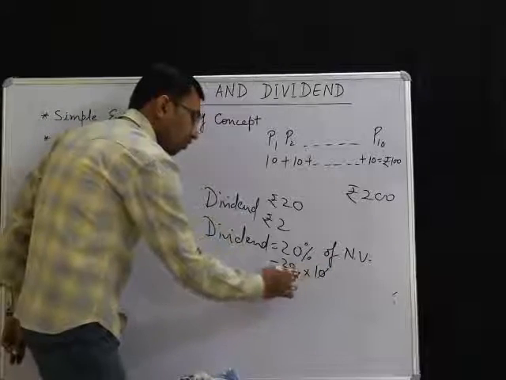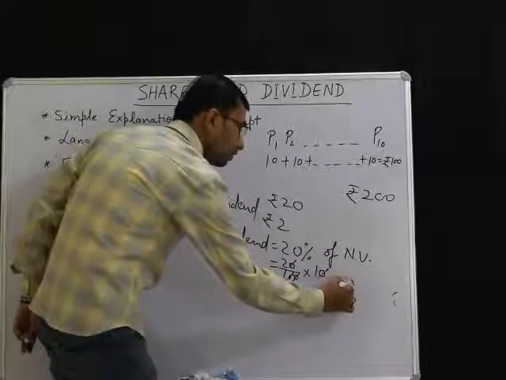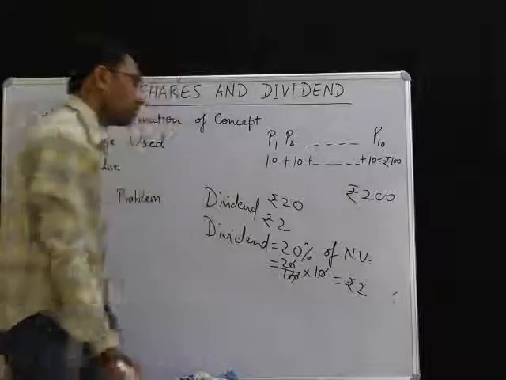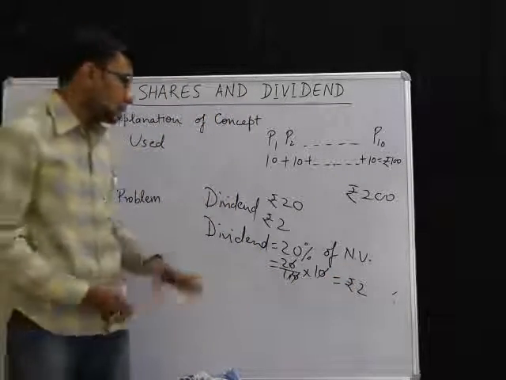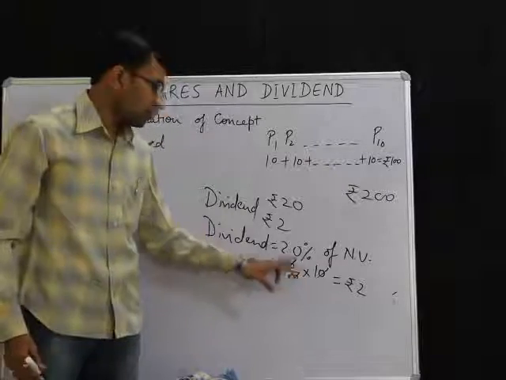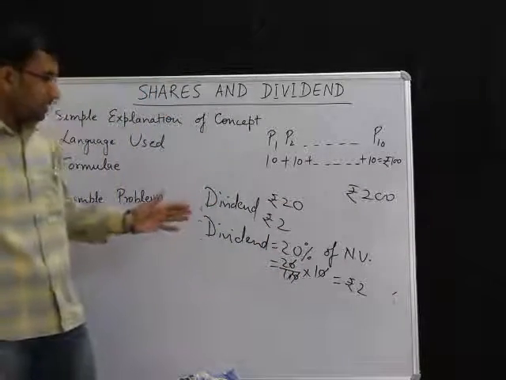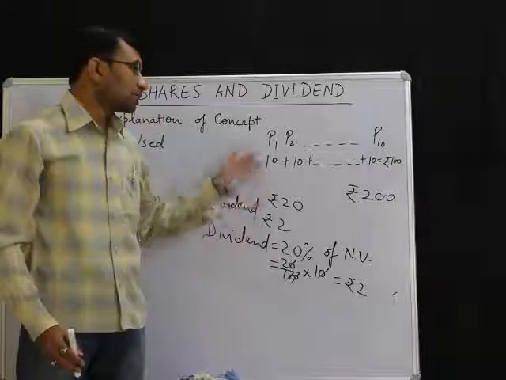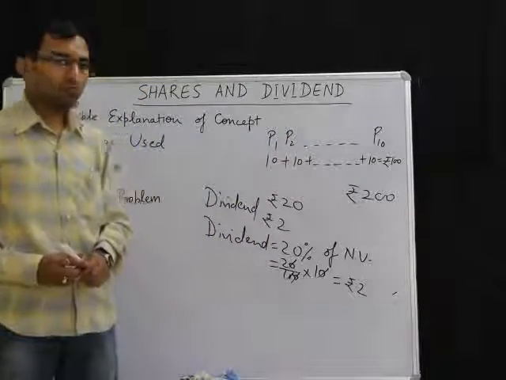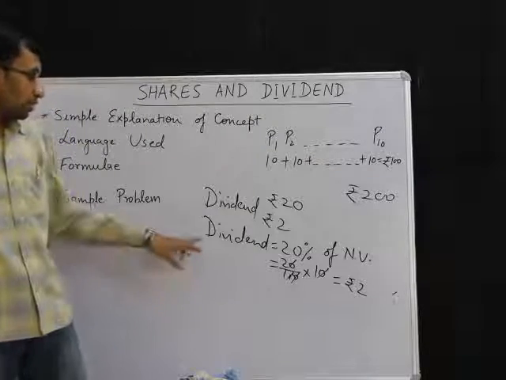So therefore now we can see over here that the dividend for each one of the persons will come out as 2 rupees. This is the dividend for each one of the persons. If I say in this case I am giving 2 rupees to each one of the persons, I can say like this, that a dividend of 20% is being given to each one of these 10 persons. So therefore the concept of